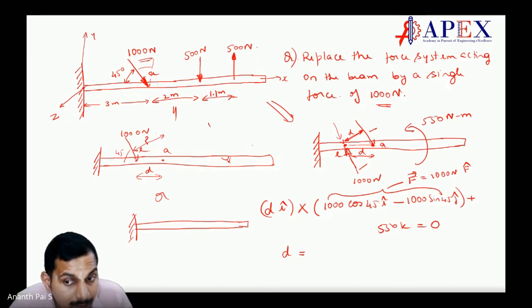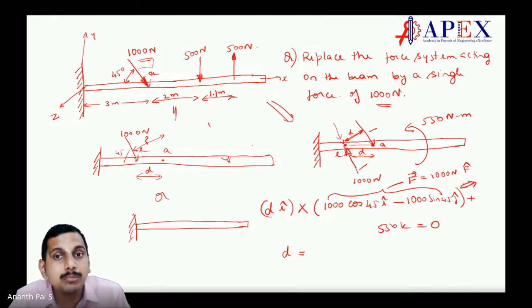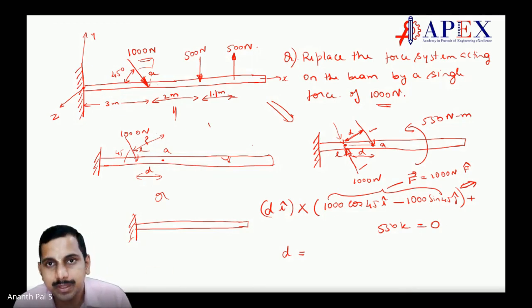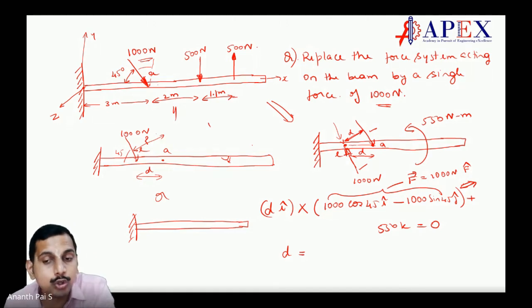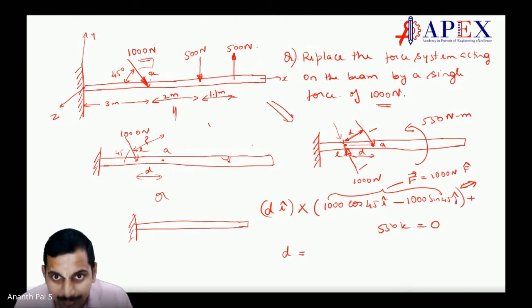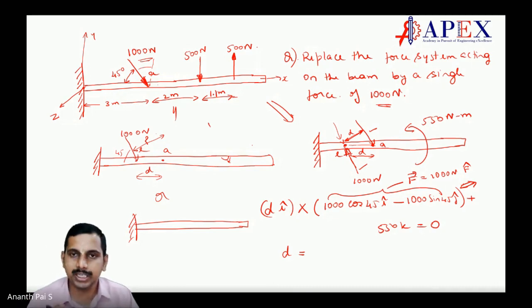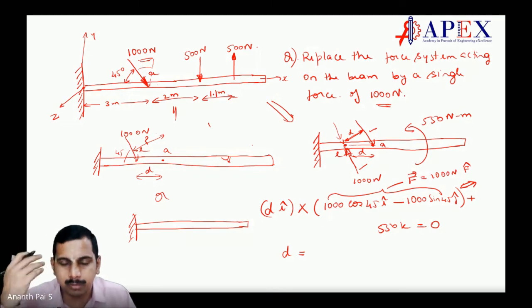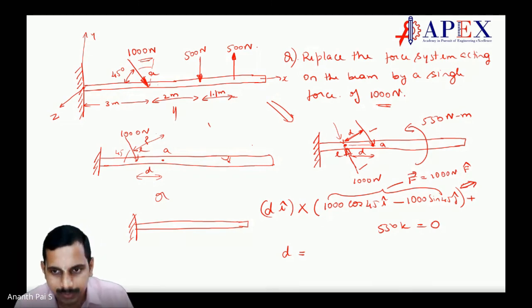Now when you take IJK, you get additional strength in that. It might be a bit more complicated. But when it is easy, you will do it just like that. But when things come tough, if you do not know how to resolve along IJK, you may make it still tougher, or you may land up in a wrong answer when you don't know vectors. Vectors are for complicated cases, keep in mind. When it is simple, even just resolving or by intuition, you can solve it. Correct, Ashutosh? Yes, sir.